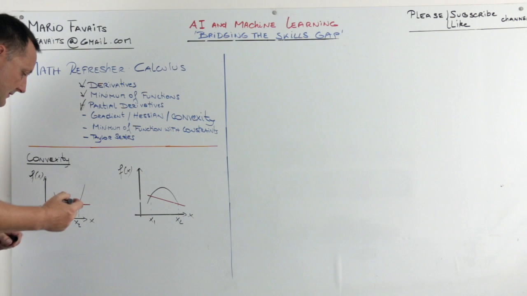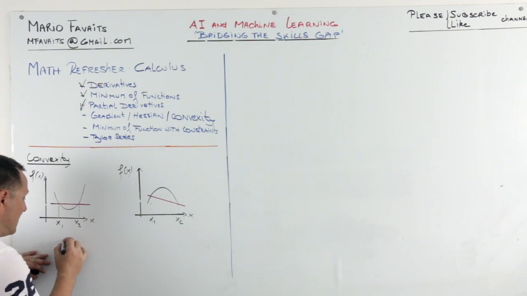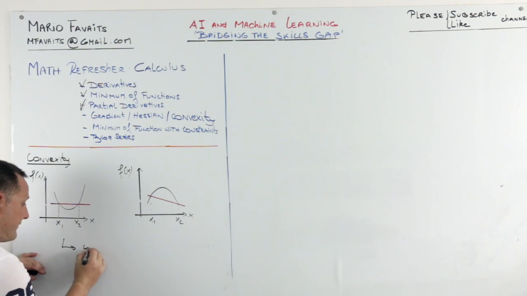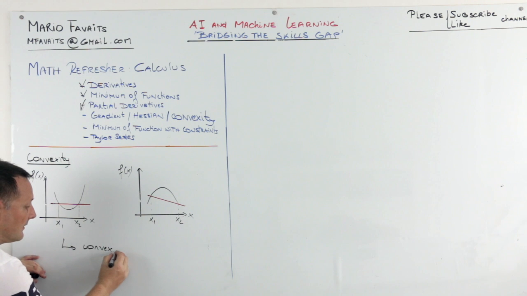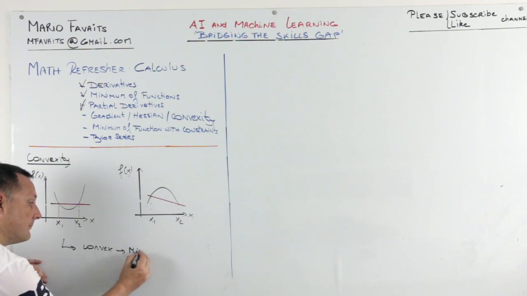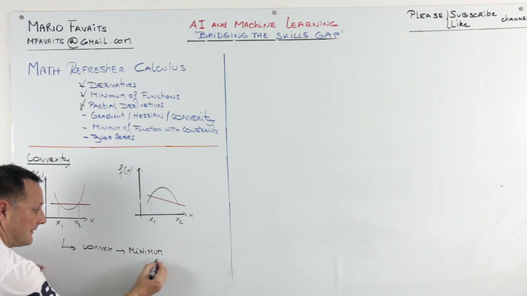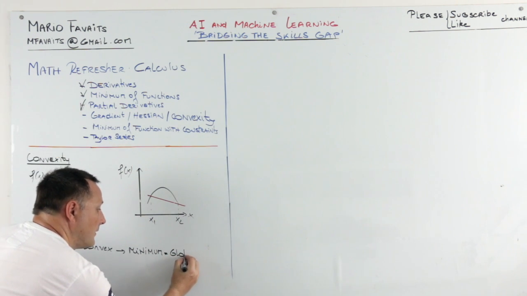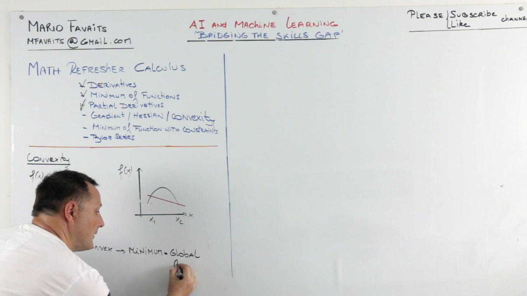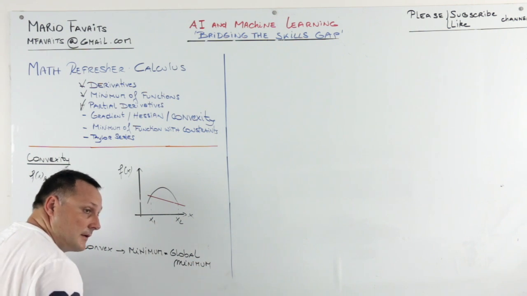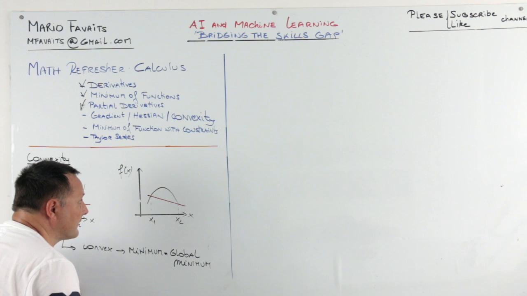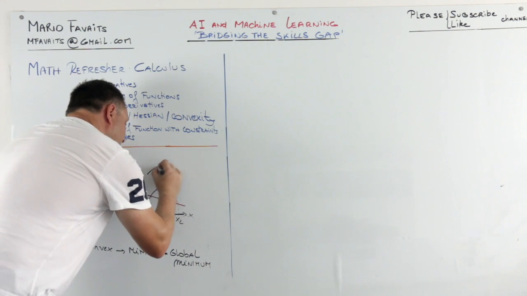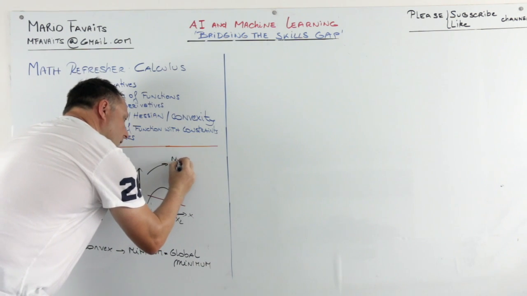Why is convexity so important? Well, convex means that the minimum that you find equals the global minimum. Yeah? Very important. So, not convex